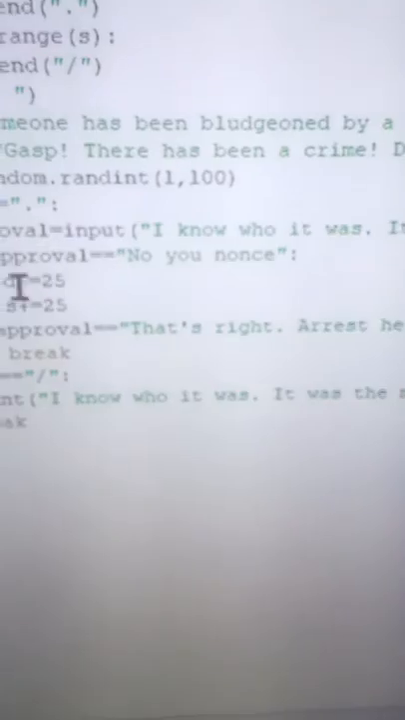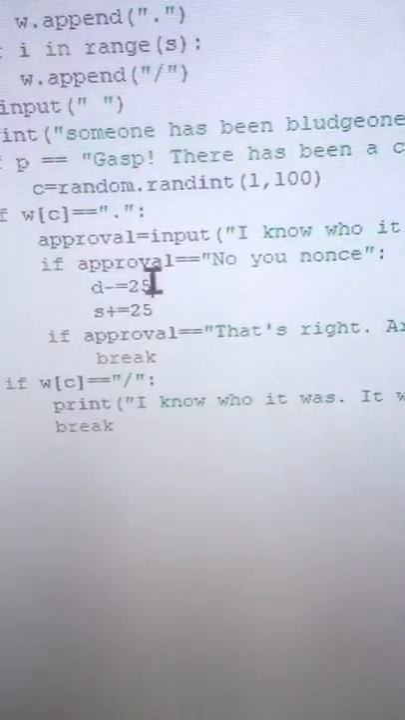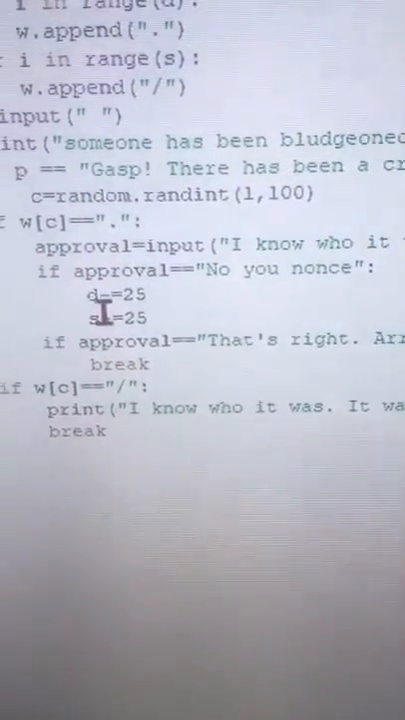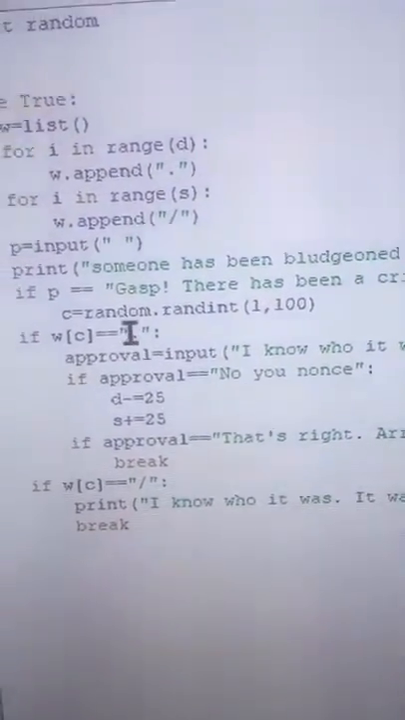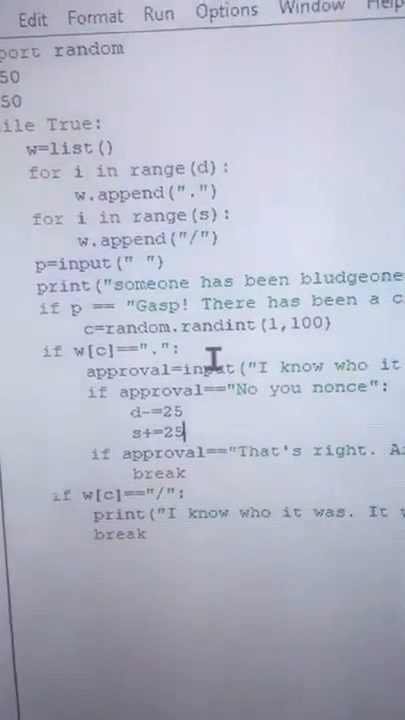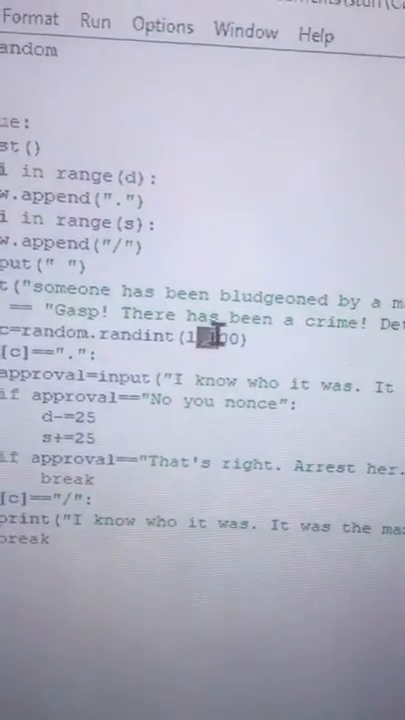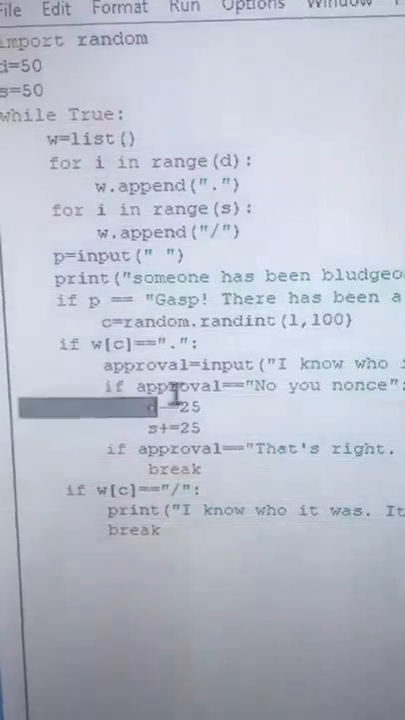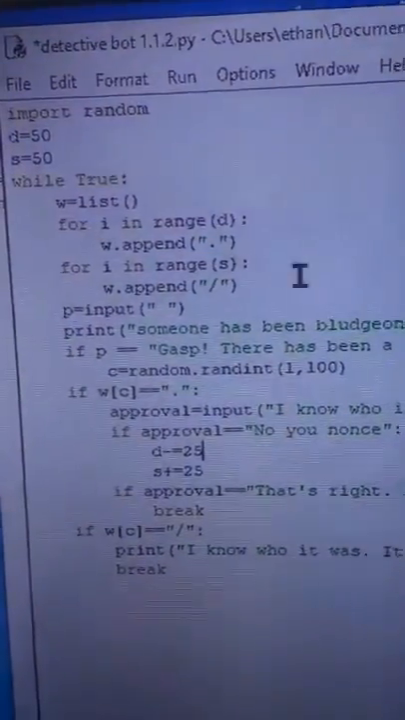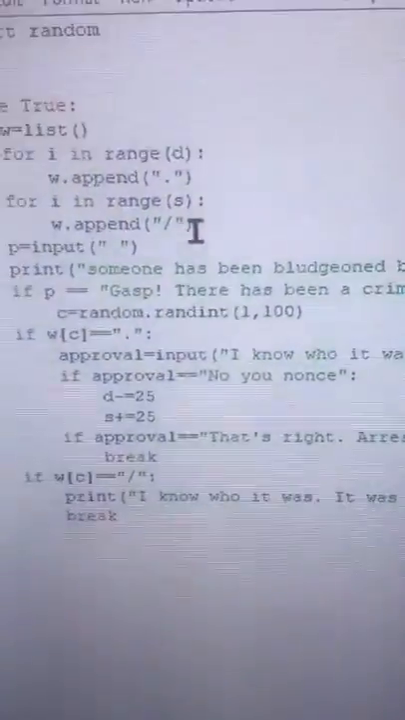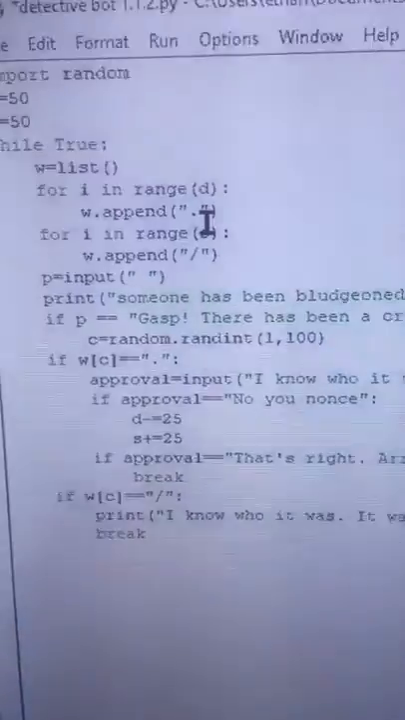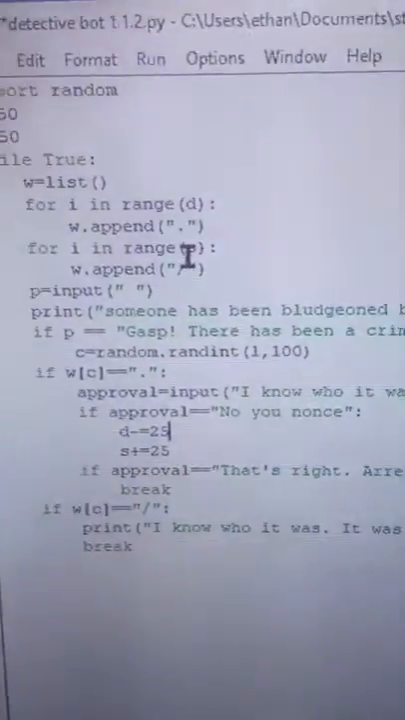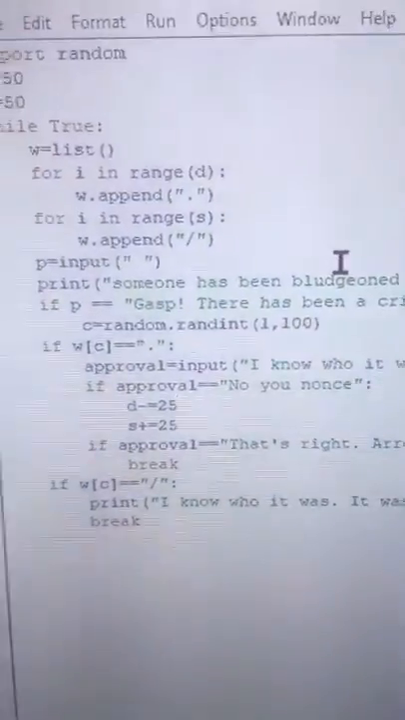Right, so I may have fixed this now. As well as lessening D by 25, I've also added 25 onto S, because I think the problem was that I was trying to call a position in the list which was out of range, because this goes up to 100, but if I take 25 off D, then the total size of the list is actually less than 100. So if what I'm calling is more than 50, then that'll cause an error. I should have seen that actually, that was